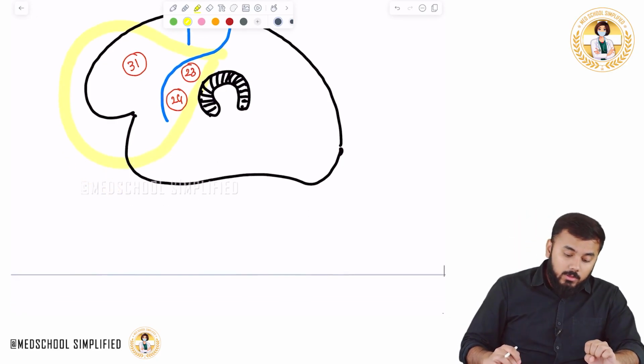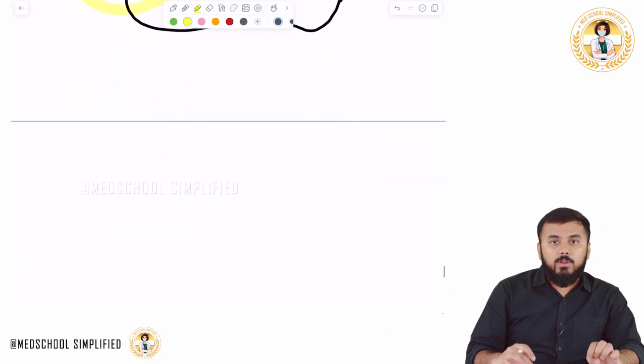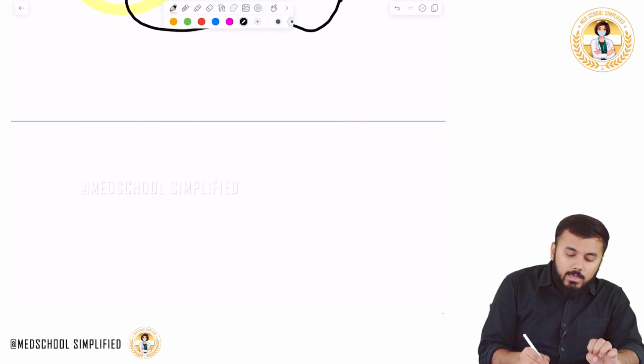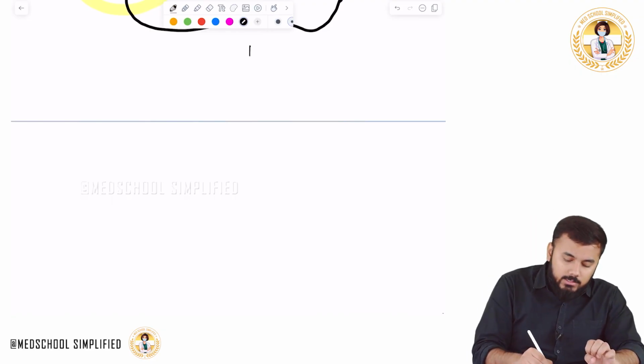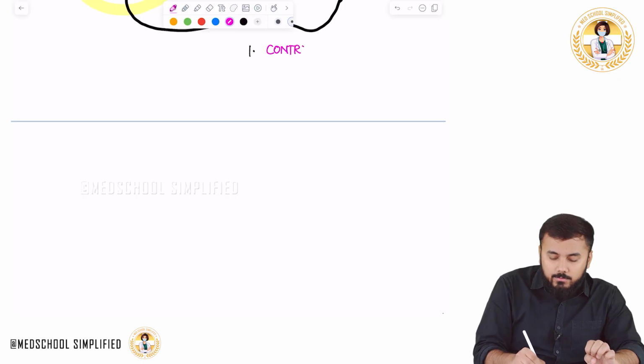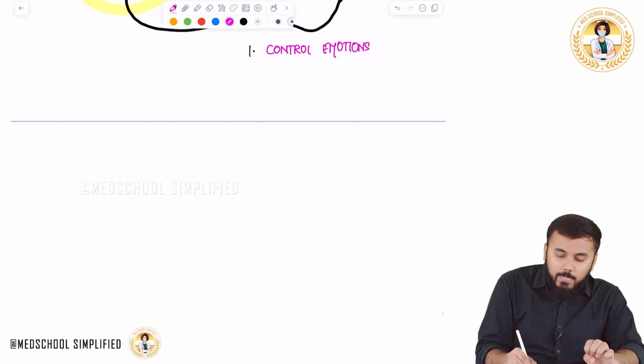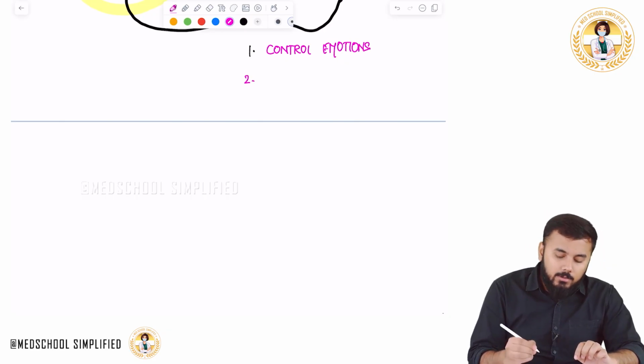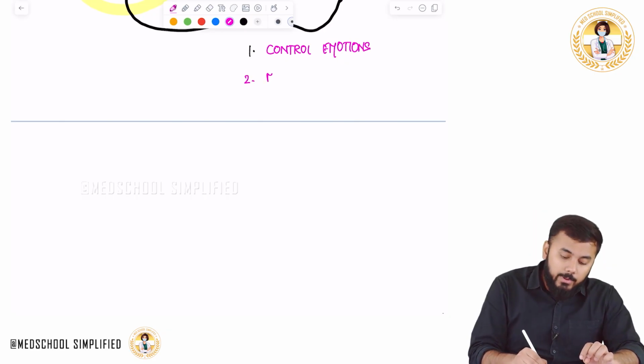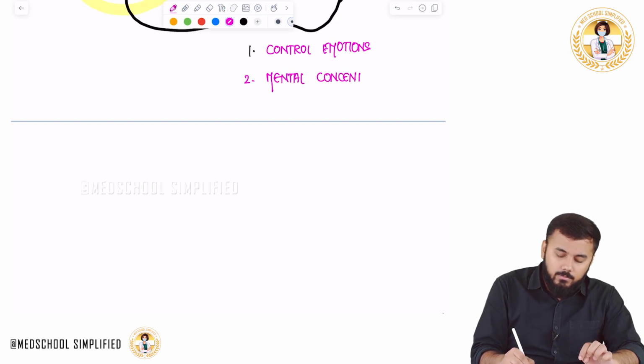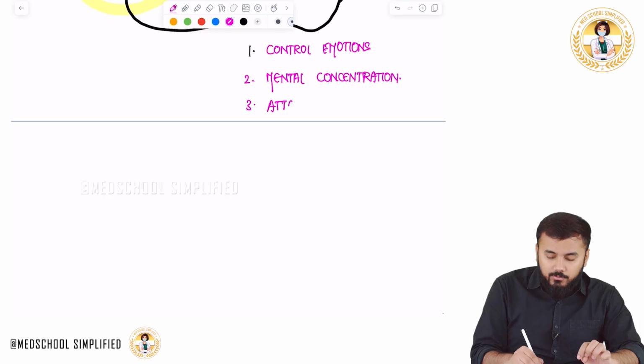Okay, now what is the use of this prefrontal area? Prefrontal area has got some very important things. For example, this prefrontal area controls the emotions. Second important thing, prefrontal area is also responsible for mental concentration. Third important thing is prefrontal area is also responsible for attention,